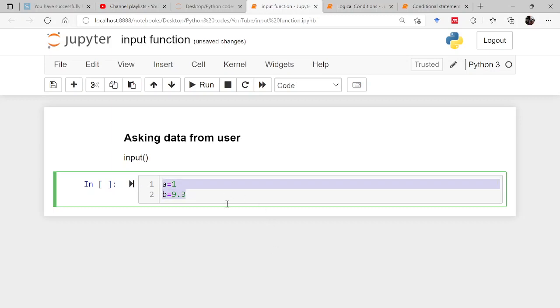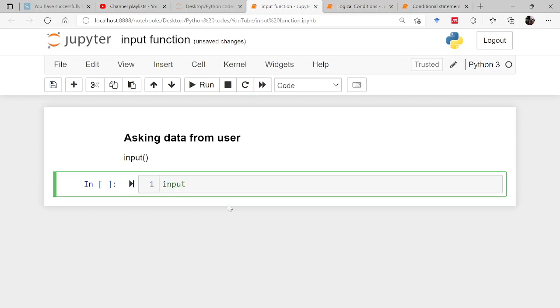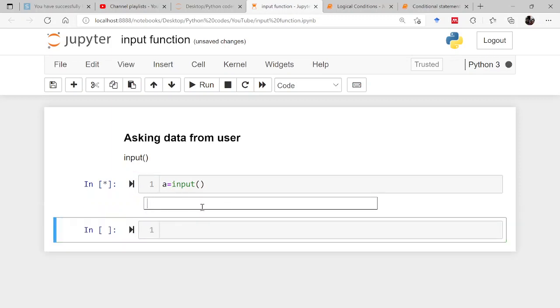So the input statement goes like this. You have to write input, and then in the parenthesis you can pass an argument if required. You should do this because otherwise your user will not know what he is basically entering. For example, if I say a is equal to input, then the moment you press shift enter, it will show this.